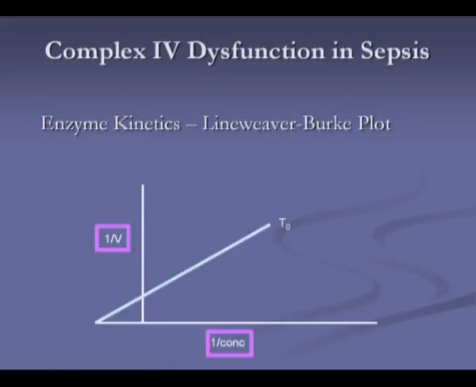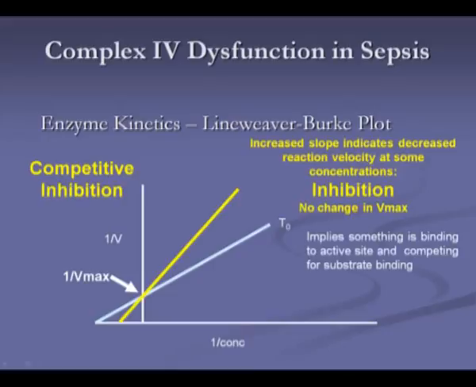The advantage of doing it that way is that you can extrapolate this line all the way down to a concentration, to a velocity, 1 over the velocity of 0, which means a velocity that's infinite, and you get to a point where you can talk about the maximum velocity. That is, where this line intersects the y-axis will give you the maximum velocity. So again, this is 1 over the maximum velocity, and it will tell you how fast the enzyme can work, a great deal about kinetics.